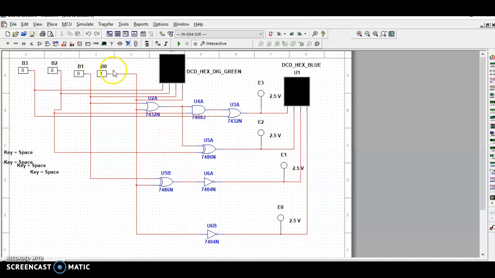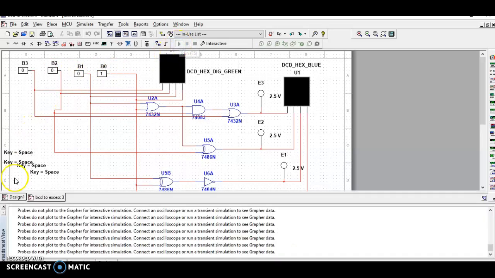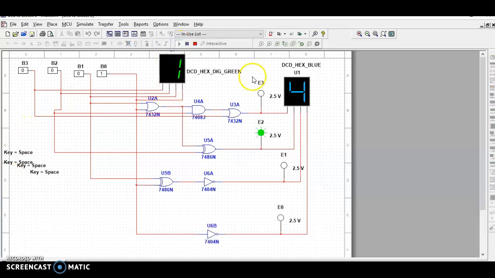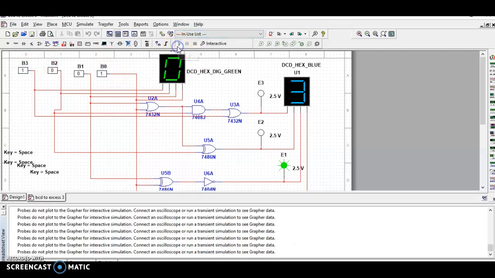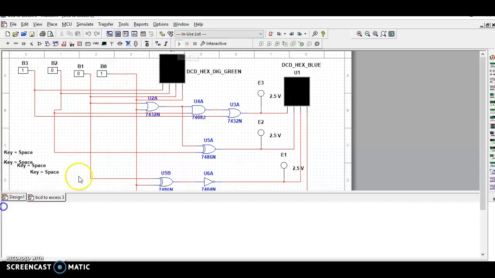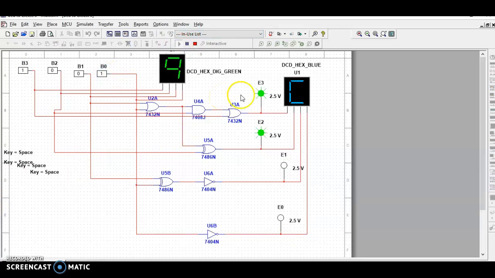Now we can give the input values. Here I give the input value 1. We got the output as 4. Suppose I give a value of 0. We got an output value of 3. Suppose I give an input value of 9. We got an output value of 9 plus 3 is 12.